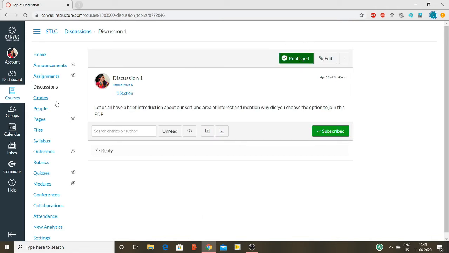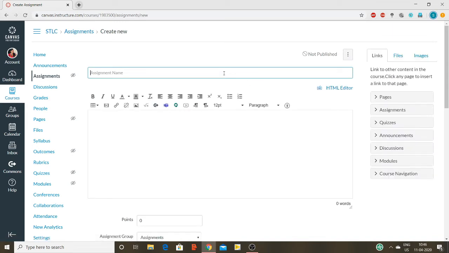Assignments are generally meant to reinforce student understanding and Canvas supports five assignment types. It can be discussion, quiz, external tools, and even not graded assignments. Now click on plus assignment and give the assignment topic as Assignment 1 and give the details about the assignment.